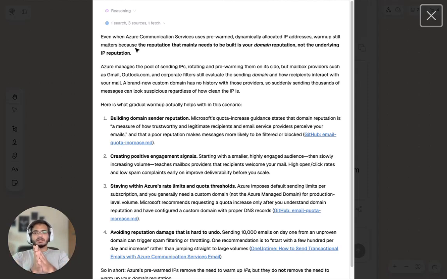That's it, right? And there is a possibility that some IPs are going to be good, some IPs may be bad for the time being. But generally speaking, if you're using ACS, don't worry about the IP. It's going to sort itself out. The part that you really want to care about is the domain sender reputation. So generally speaking, what I recommend is always bring aged domains. If it's a new domain, then prefer to turn on the warm up and also send actual campaigns.